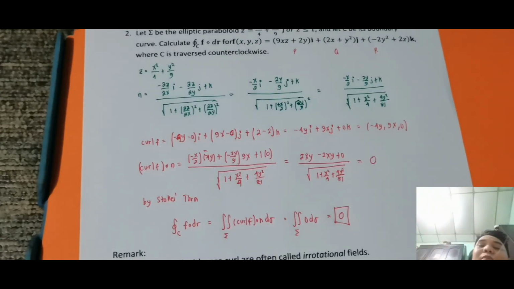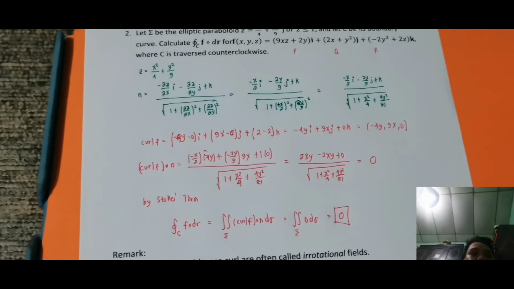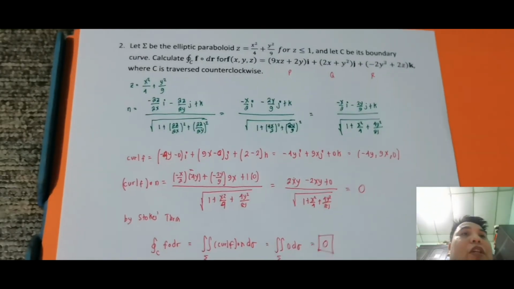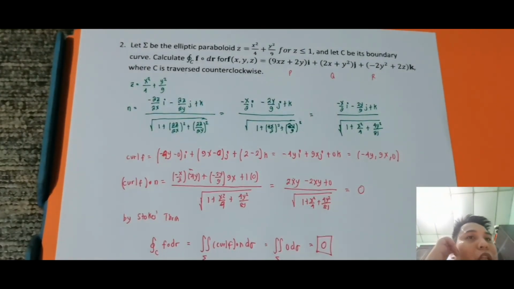So pag nakuha mo yung curl F dot n na 0, obviously pwede mo nang gamitin yun. Pero sir, paano ulit pag hindi po? Pag hindi, syempre hanapin mo pa yung d sigma, in which hanapin mo yung position vector r. So ayun siguro yung magiging tanong mo, sir, ano po yung magiging position vector namin kunyari kung hindi nag-0? So for the position vector, I think